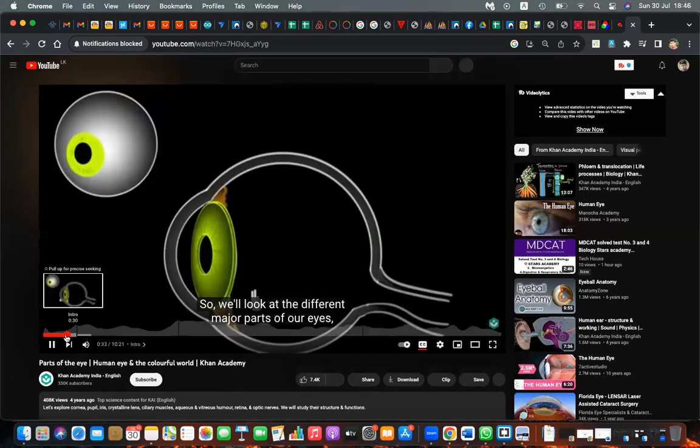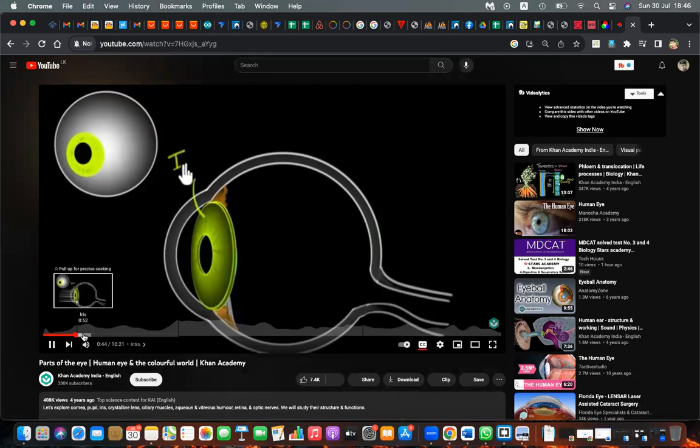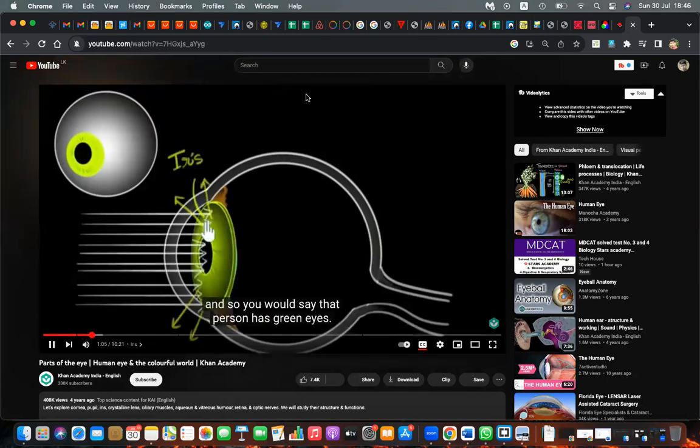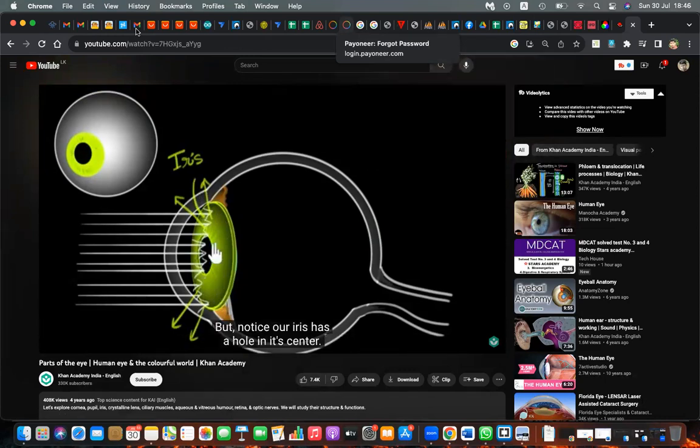major parts of our eyes are called the iris. Our eyes reflect the light, and so we would say that person has green eyes. In my case, for example, it is brown. So my iris reflects brown, and so my eyes are brown in color. But notice our iris has a hole in its center. That hole is also given a name. It's called the pupil. So